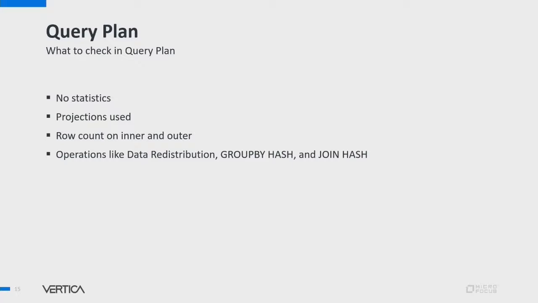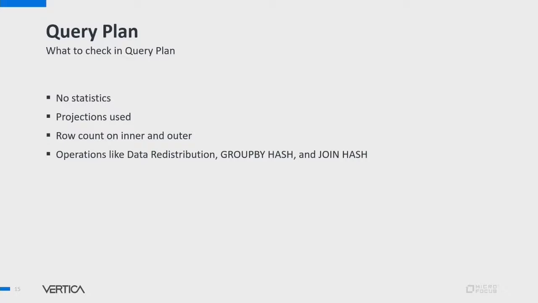Vertica uses a cost-based query optimizer. It relies on data statistics to produce query plans. If statistics are incomplete or out of date, the optimizer is liable to come up with a suboptimal plan. In the query plan, we can also find projections used, row count on the given path ID, any data redistributions